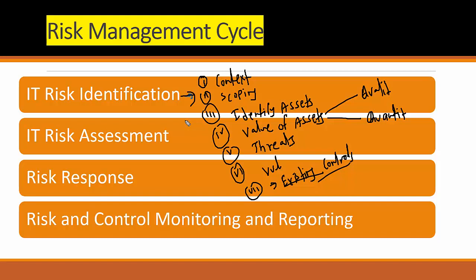And when we're going for the control analysis, when we're going for the impact analysis, I should know the value of the assets. So we identify the value of assets, which is called qualitative and quantitative. Then we try to identify the threats associated with the assets. We'll pen down the threats with threat modeling or threat identification, like natural threats, environmental threats, technical threats, non-technical threats, operational threats. And then we identify the vulnerabilities, and we also identify what existing controls we have. So we will accumulate all this information.